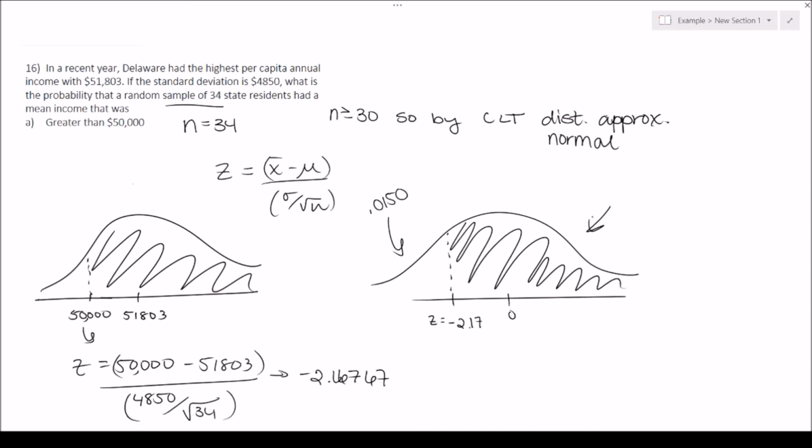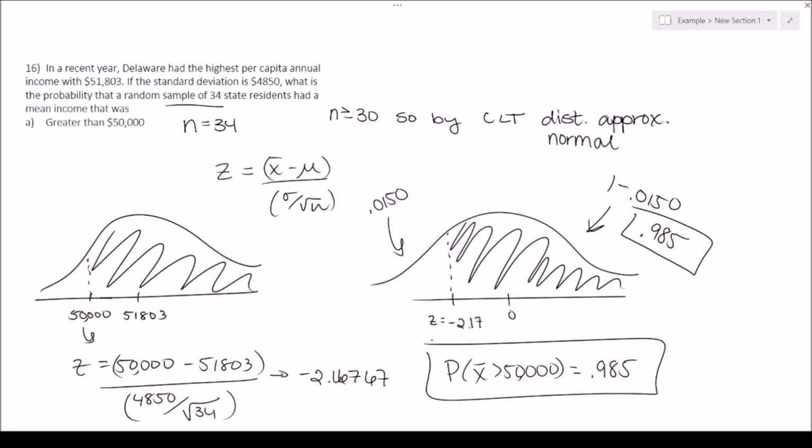The right side will be 1 minus the left area. 0.985. That's the area to the right. That is the probability that the sample mean of those 34 state residents, the sample mean that was greater than 50,000. If this had been 4 decimal places, we would have left it 4, but it happened to be this when we subtracted, so